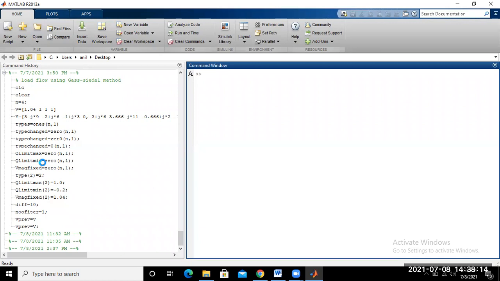Just wait for the workspace interface to open. It takes some time to open the interface of the new workspace.